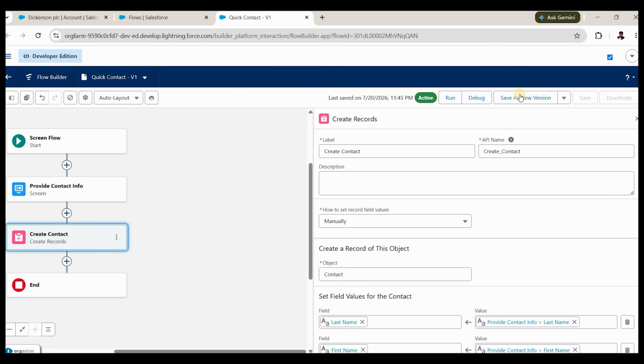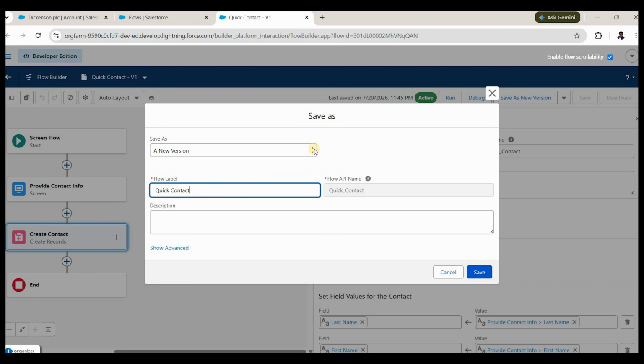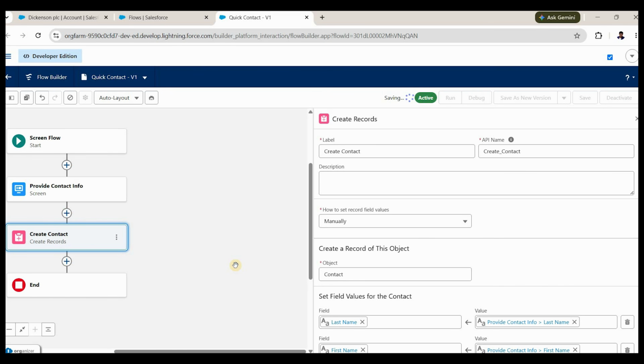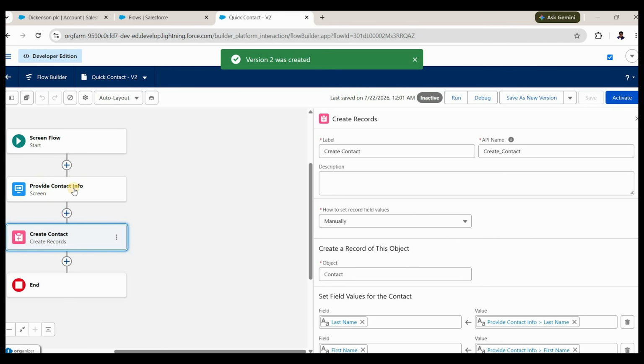Now let's click on save as new version. Whenever you edit any flow, you need to save it as a new version. You cannot edit any existing flow. Okay, so click on save as new version and quick contact. Leave the other values as default. So click on save. Now a new version of the flow has been created, where it will take the input in the screen element and the insertion will happen in this create element. Okay, let's activate this